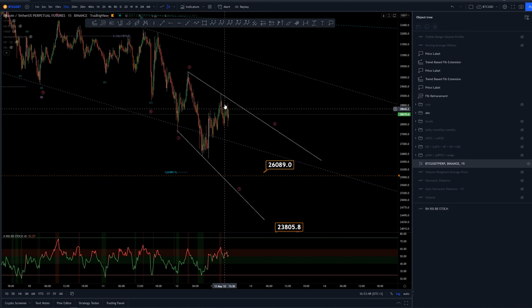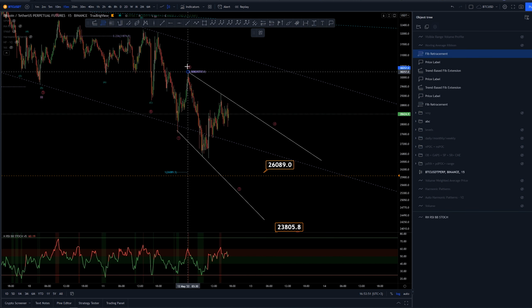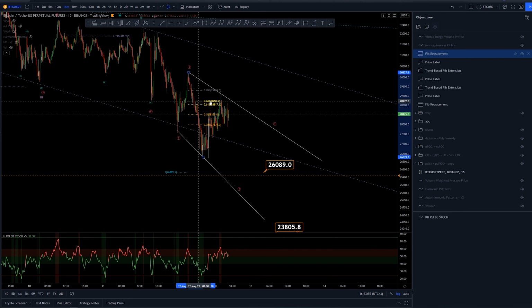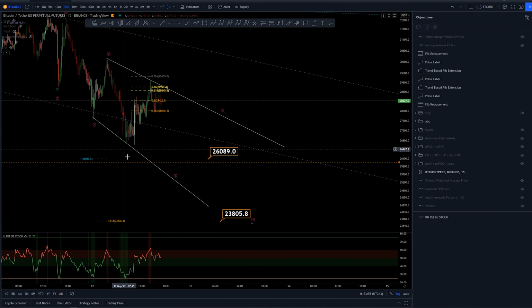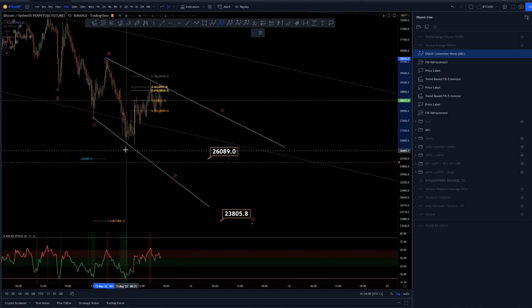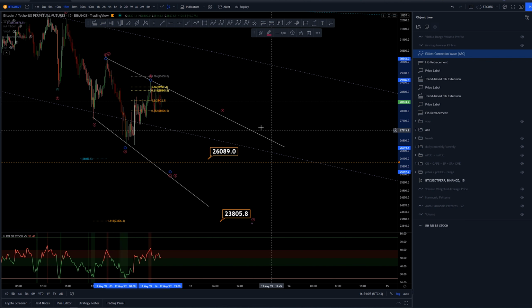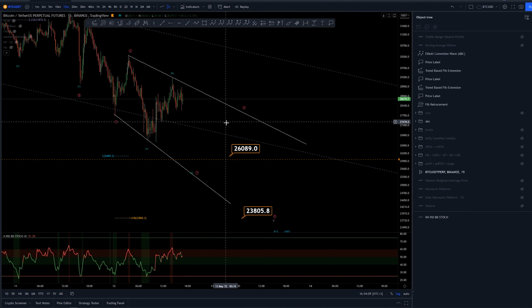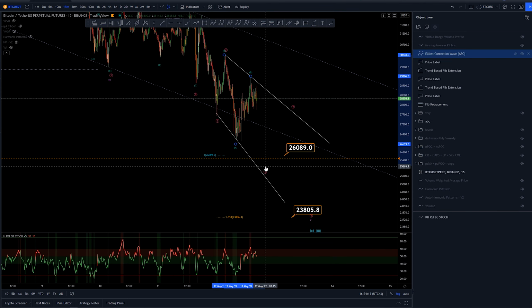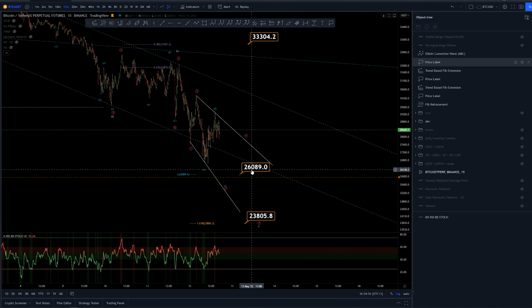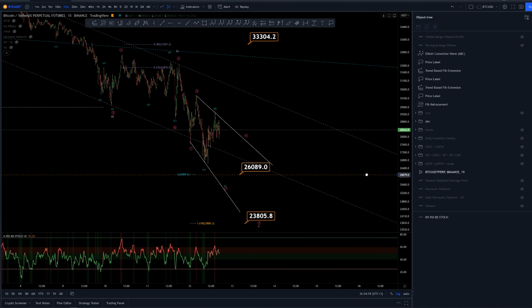Instead, this is most likely just a part of this zigzag coming down here, which would be something like this, either zigzag or double zigzag, whichever works out. So on the short-term time frame, I'm going to be looking for lower targets first, especially this target here, 26k, around there,